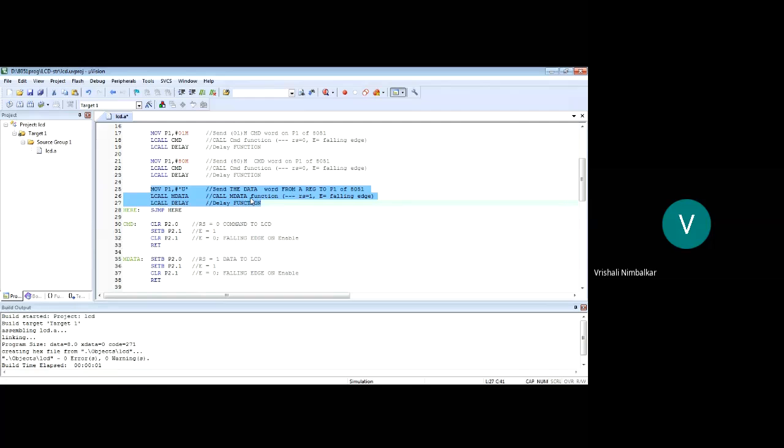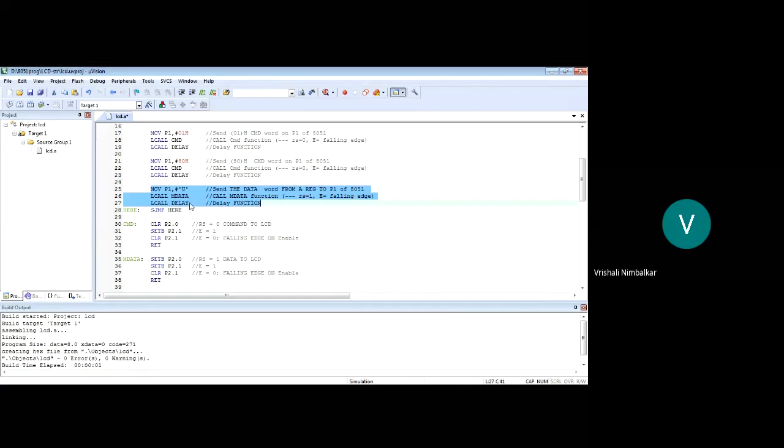So the first modification I'll have to do is make a counter. And of what size? 5. Why? Because I'm displaying a message which has 5 characters.